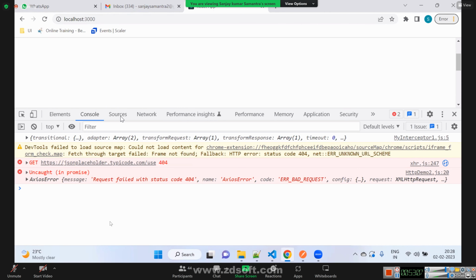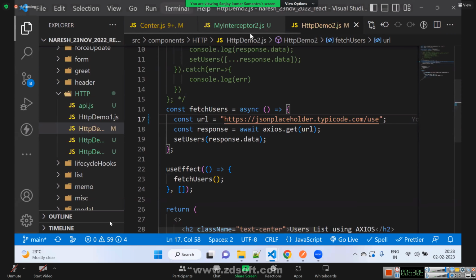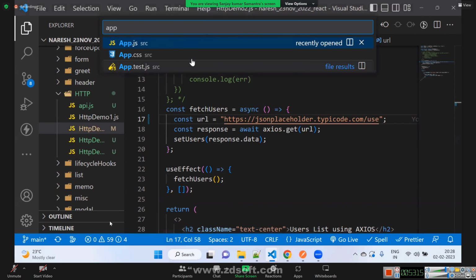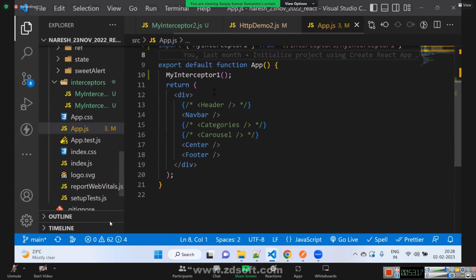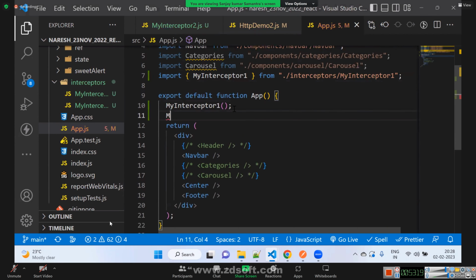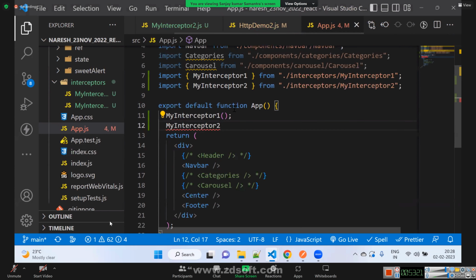Give me a second. Okay, we didn't invoke this. Let's invoke it in the app component. In the app component, let's call my interceptor 2.